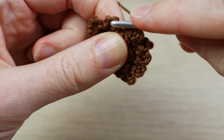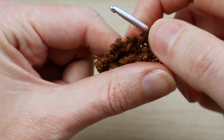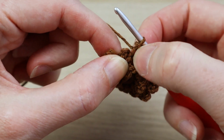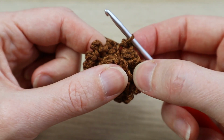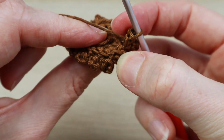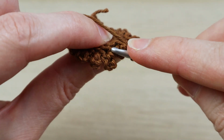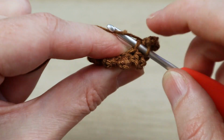Okay, so just working on the last picot, and just make sure you've got 16 picots and you know which last front loop you need to work in. So hopefully it looks something like this, and then what we want to do is once we've slip stitched in that same front loop again after that last picot, we need to find the first skipped back loop. And again, if we turn this over, this little bit of yarn here is actually the slip stitch. So just to the left of that is your first skipped back loop. So we're going to slip stitch into there